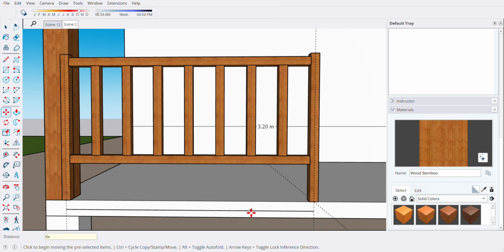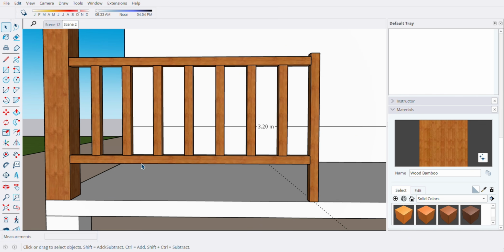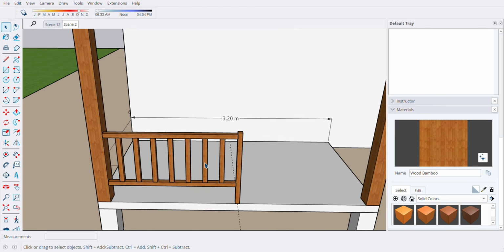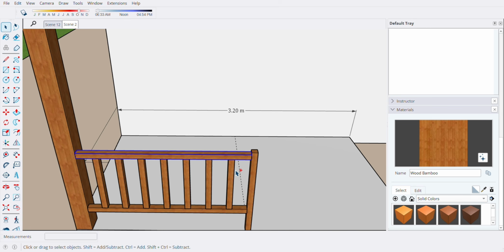So 6 times. So that's it. And delete the unnecessary object, delete this one line. Okay, we can copy this one at the other side.